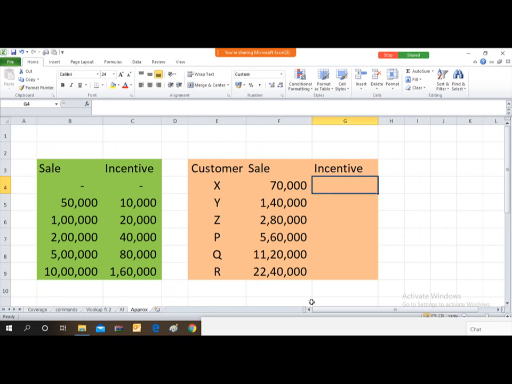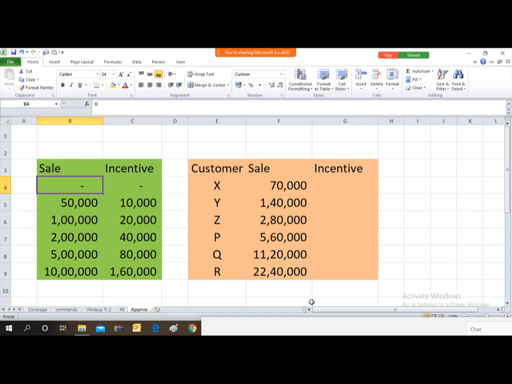So friends, until now we have done VLOOKUP for exact match. We have seen that when this code SOM 435 was not matching exactly, the formula showed some error. Now how does the formula use exact matching? If we put 0 at the end of the formula, it will look for the exact match. But if we put 1 at the end of the formula, it will look for approximate match. Now how does it work? Let me just show you in this example.